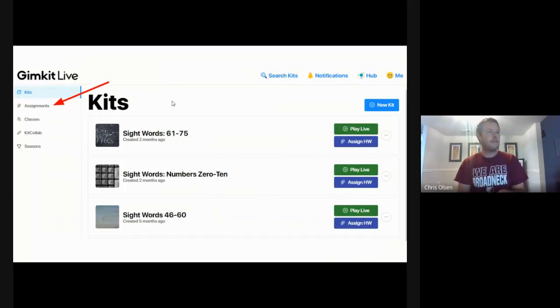So when you first sign into Gimkit and you get into the system, there's a lot of different little things that you can do. After you create kits, if you wanted to make an assignment out of it and use it as like a homework practice type thing, you can set it up so that this kit is active until this point in time. Students' goal is to reach whatever amount you decide for them. After students complete it, you can go in, you can view the reports, you can see who completed it, how many questions they got correct, how many they got incorrect, what their total earnings were during the time that they were in the assignment, and things like that.